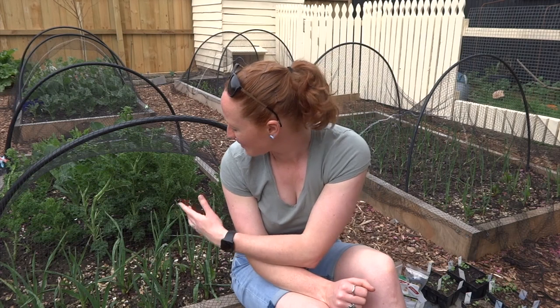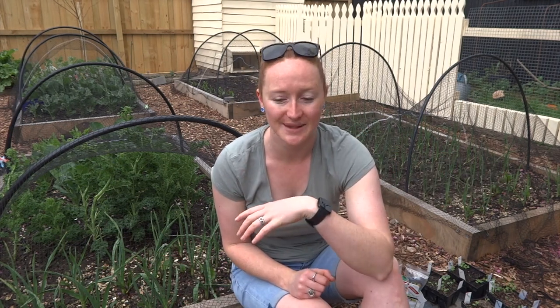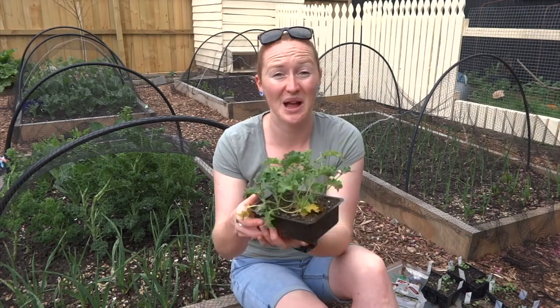So rather than ripping them all out or pulling all the flower heads off, what I'm doing is just keeping on harvesting it from the bottom to the top and I'm going to let them all go to seed. I'll end up having way more seeds than I can handle, but it's okay because seeds are great in the fact you can give them away. I might give some away straight as seeds, but I also might grow a whole lot and then give them away as seedlings. So that's why I bought some more kale, because I do have some seeds from my seed experiment,